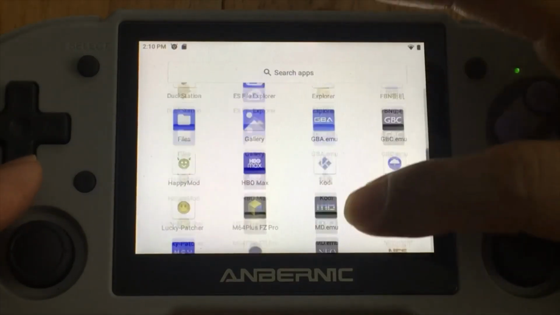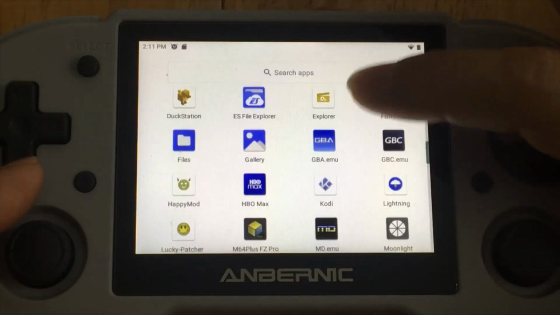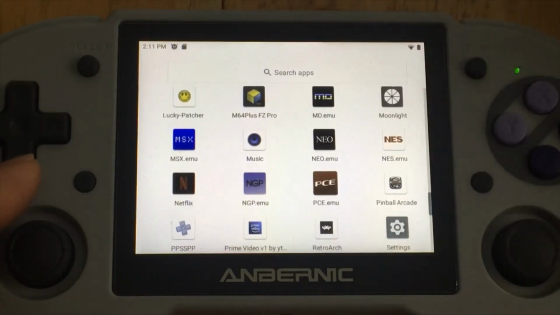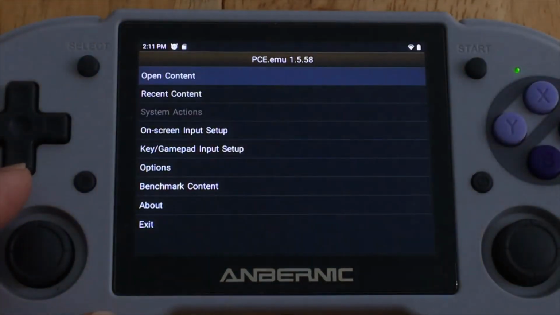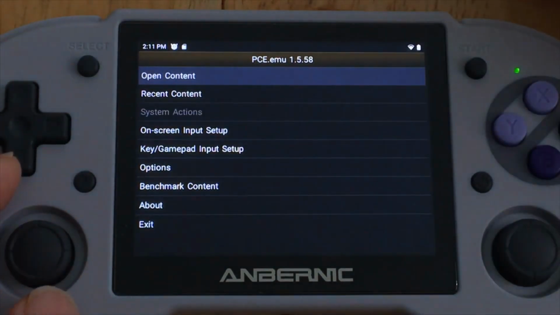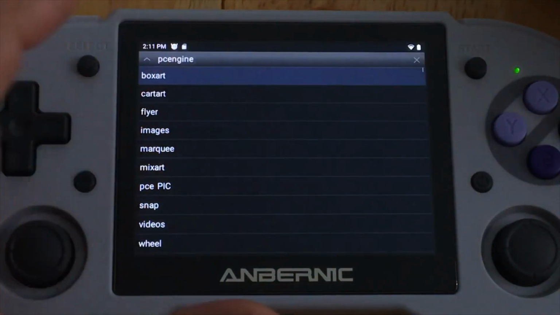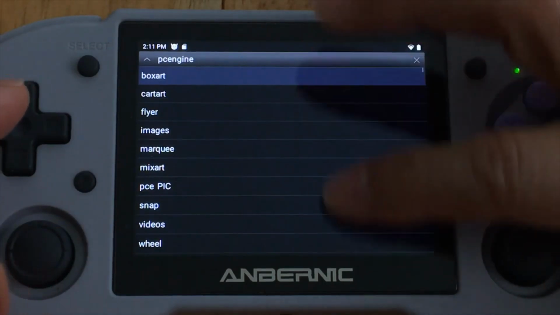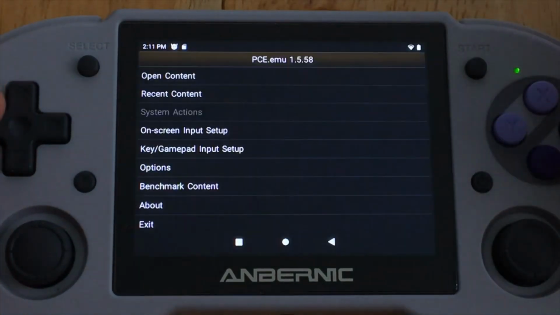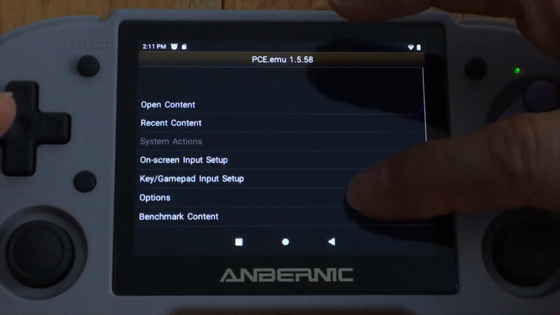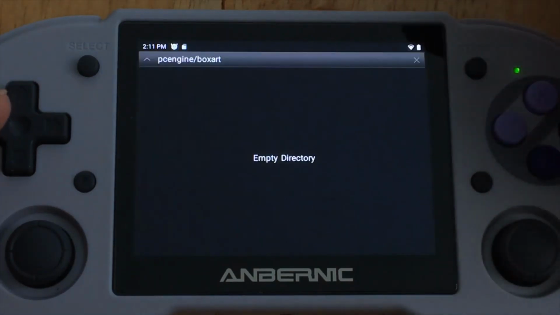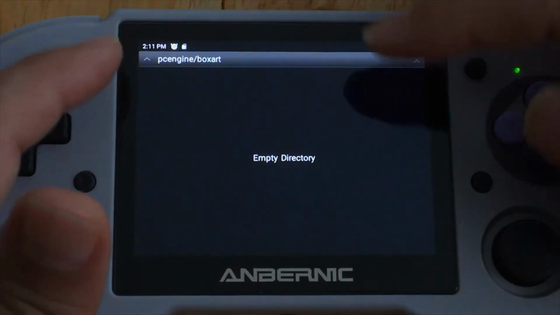There is a program called emulator, PCE, which emulates TurboGrafx and stuff like that. Okay, let's get it. So I'm going to go to open content, and I have it set default to